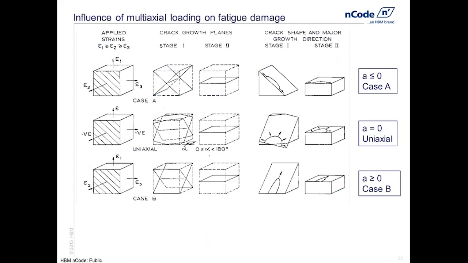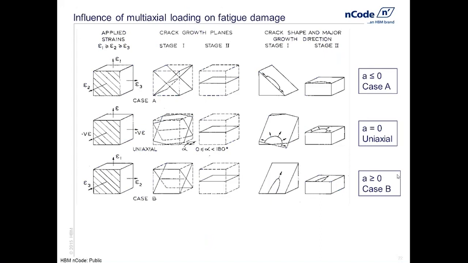So following on from the last slide, the state of stress is really important because it affects the orientation of the maximum shear planes. And since cracks tend to grow fastest in mode 2, it also affects the direction of the fastest growth of those shear cracks. So imagine that these little cubes on the left-hand side of the slide here are cubes that have been taken out of the surface of a material. So the shaded surface is the free surface of the material. We're going to look at